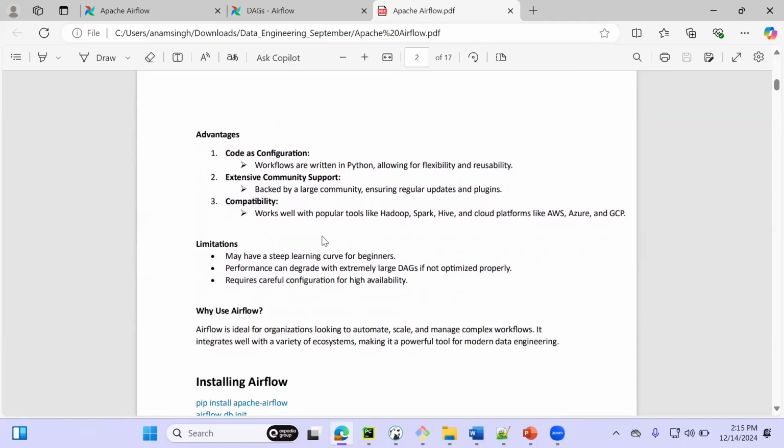Okay, what are the advantages? You can include points like code-based configuration. That means workflows are written in Python, allowing for flexibility and reusability. Extensive community support, so it is backed by a large community, ensuring regular updates and plugins. So there is hardly anything that it doesn't support. If something new comes into the market or something gets updated, then Airflow will also get updated to enhance itself,